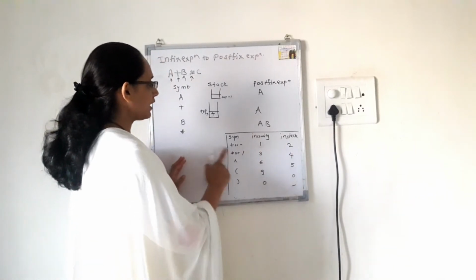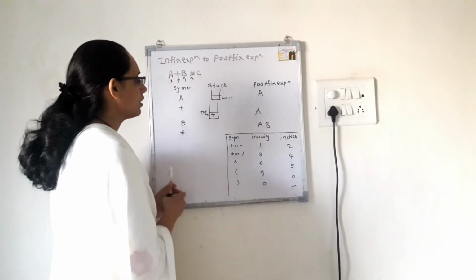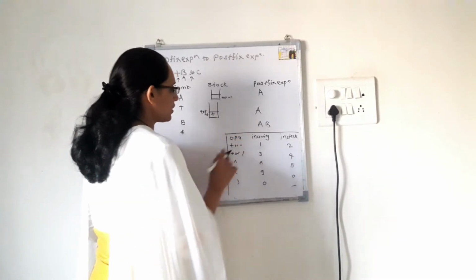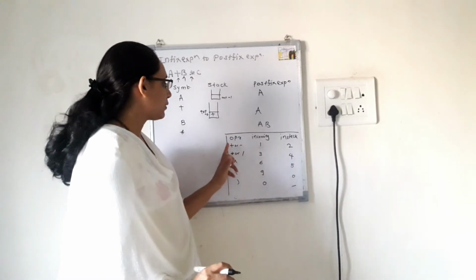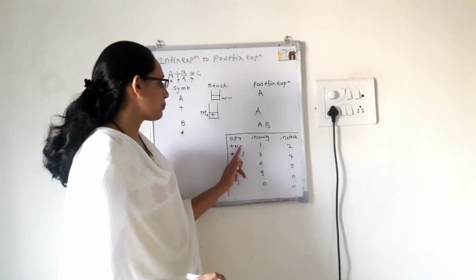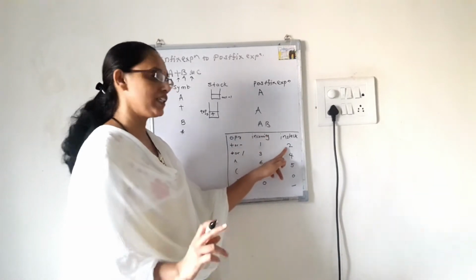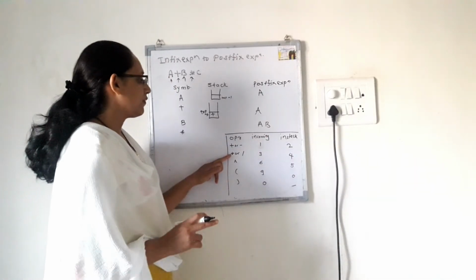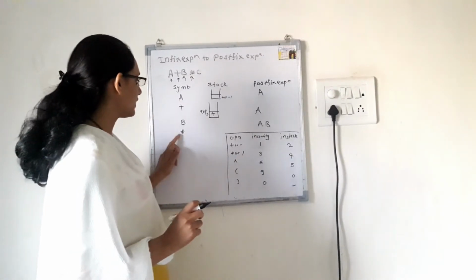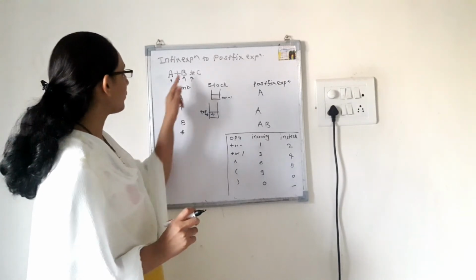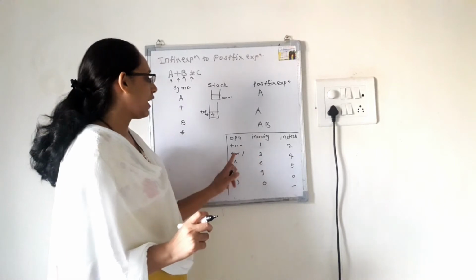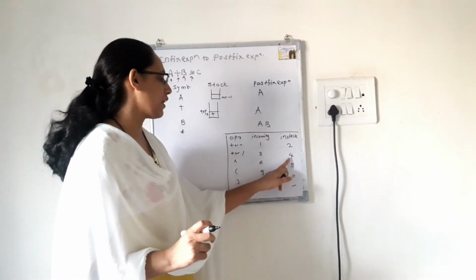This table shows the incoming and in-stack priority of operators. If the operator is plus or minus and it is an incoming operator, then its priority is 1. If this plus or minus operator is in the stack, then its priority is 2. Likewise, for multiplication and division, as an incoming operator, because we are taking it from the expression, its incoming priority is 3, and if this operator is in the stack, then its priority is 4.